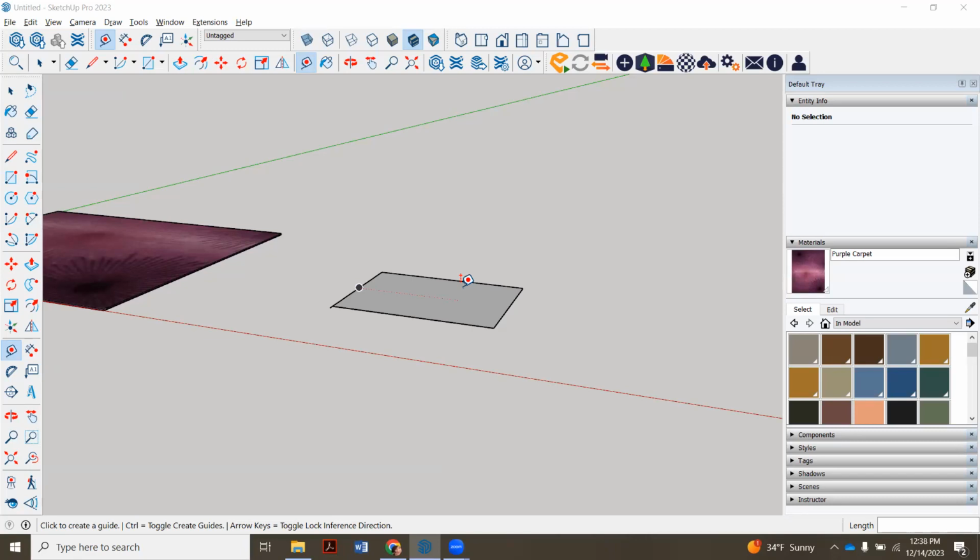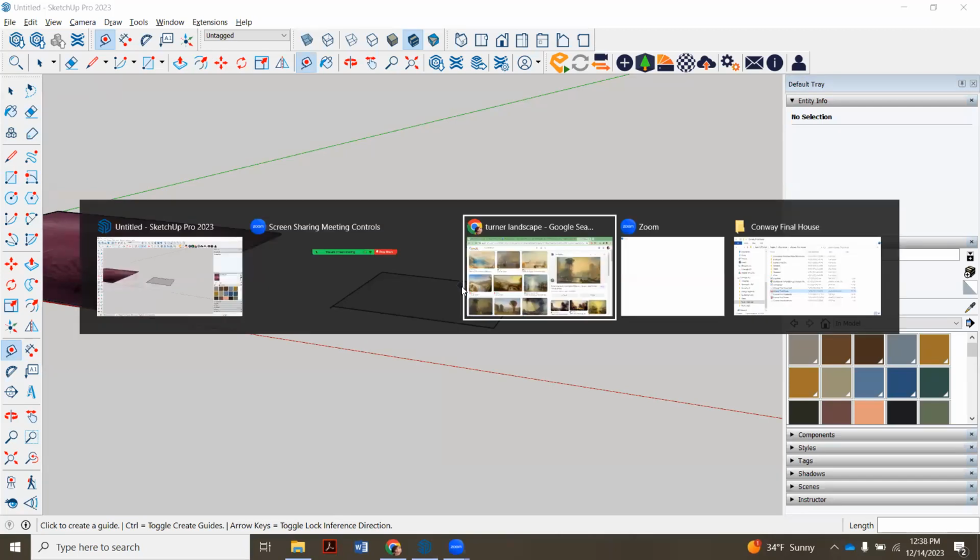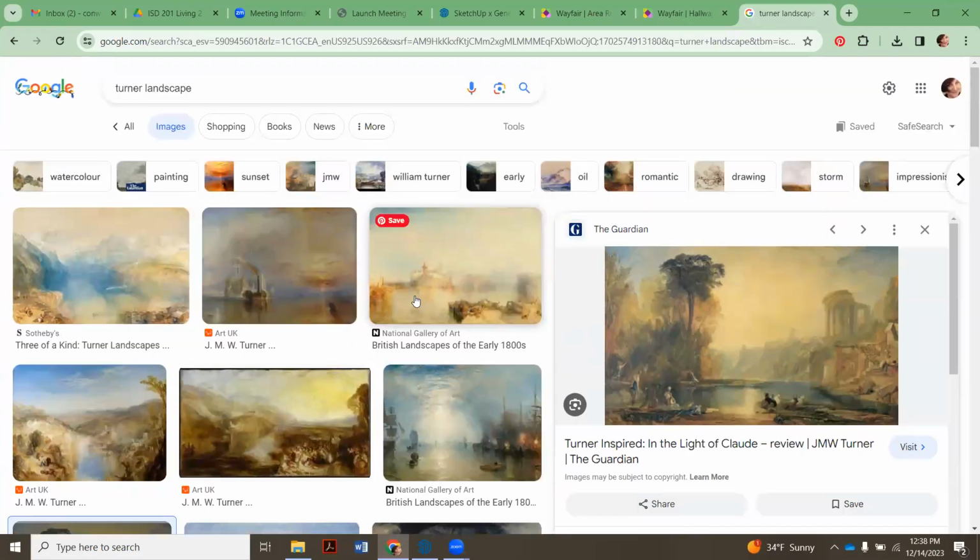And again, some of this you're going to pull from what you've been learning in art history. But also, if you ever have questions, please ask Lynn, Anthony, or I. We nerd out about all of this and we all have our niches, the stuff we love, so we're very happy to help you out with that. I was talking to a couple of people who set their houses in England and Ireland and places like that. So look up famous past painters of that era or those geographic areas,